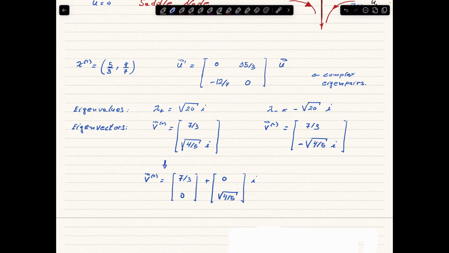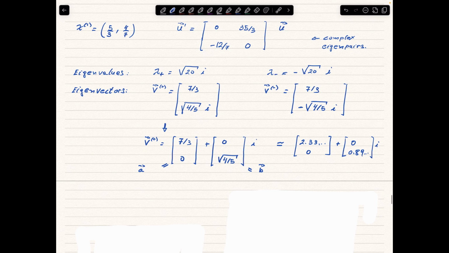If we do the calculation in a calculator, this is more or less 2.33 something, 0, and the other is 0, and this is 1. This is just to have an idea of the length of the vectors. One has length 2 in the horizontal direction, and the other is 0.89, so 0.9 probably, times i. So this vector is at least twice as long as the other vector, and these vectors, recall, have names. This is usually called the vector A, and this is usually called the vector B in previous videos. With that information, we realize that the solution u equals 0 is actually a center,